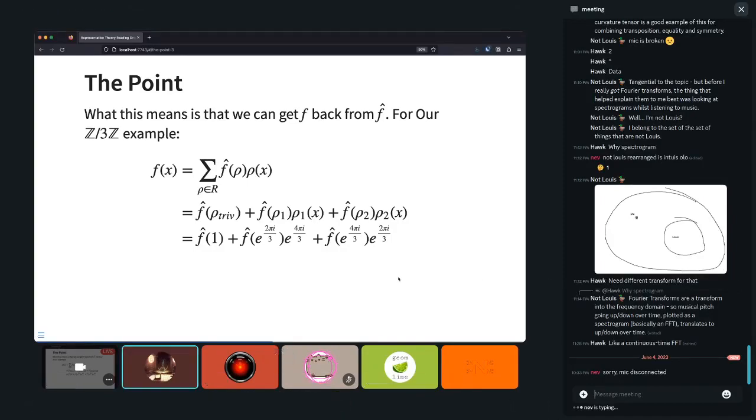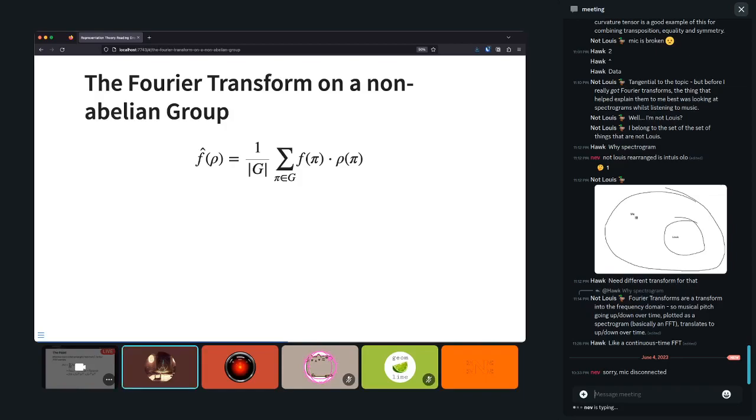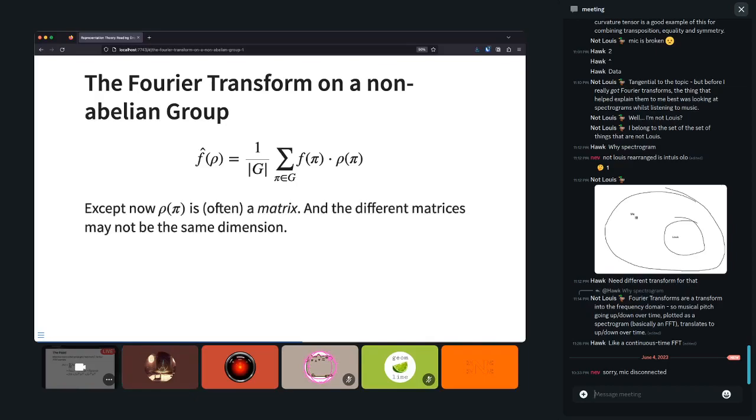So yeah, taking this, I guess I'll move on, but we can go back at any point if anyone has a question. So on a non-abelian group, this is almost the same formula, except now the rows are maps to matrices, and the different rows may not even be the same dimension. The f of pi is still a scalar, so that's scalar multiplication, and I have that dot there because sometimes, in other cases it'll be f hat, and no dot is going to mean